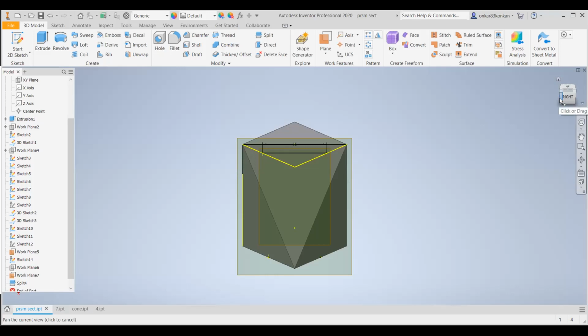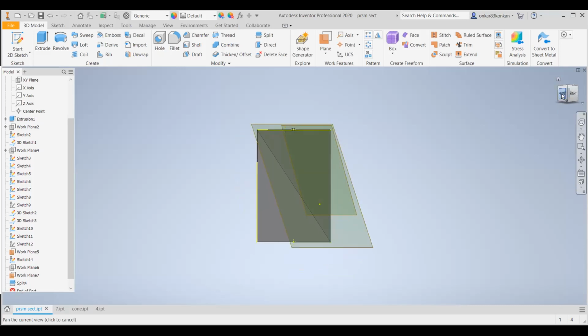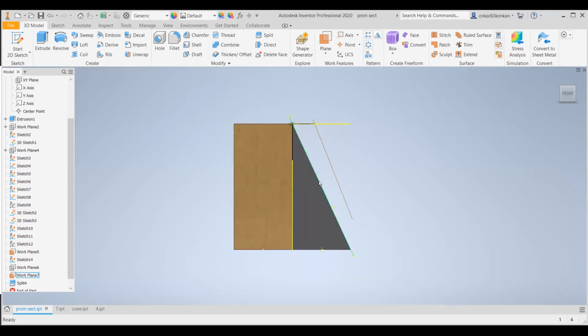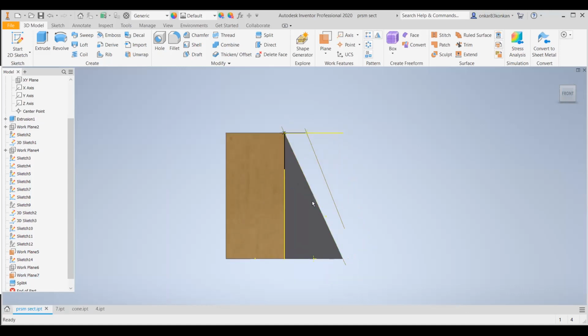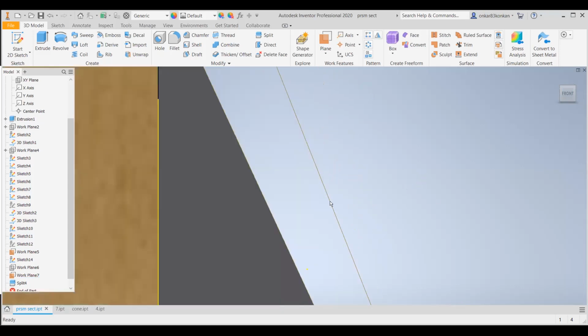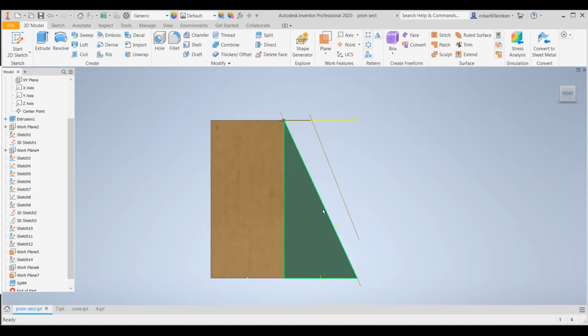So in this way, you can obtain the triangular shape from the square prism by selecting the proper position for the section plane. So if you want, you can take this screenshot. So here you can observe, if you select the position on the right side of this position for the section plane, then every time you will obtain the triangle as a true shape. And if you select the position on the left side, then you will obtain a polygon. Okay.